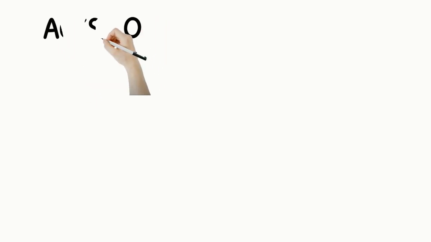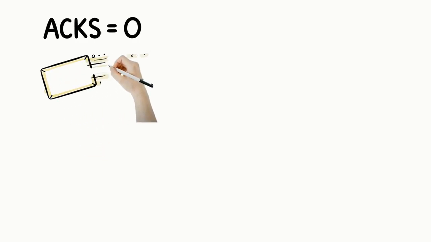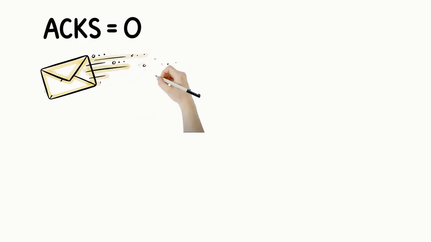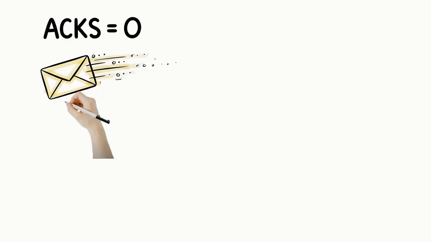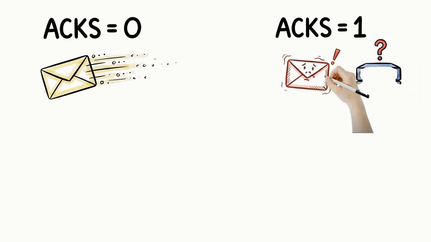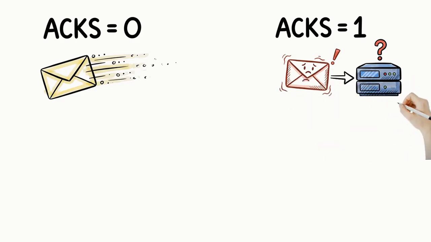Now, here is the subtle but extremely important detail. Replication alone does not guarantee zero data loss. The producer acknowledgement setting, called acks, determines when Kafka considers a write successful. With acks set to 0, the producer sends the message and never waits for confirmation. Fastest possible throughput, but messages can vanish during failures. With acks set to 1, the producer waits for only the leader to confirm the write. Better, but still risky. If the leader crashes before followers replicate the event, the latest messages can disappear.